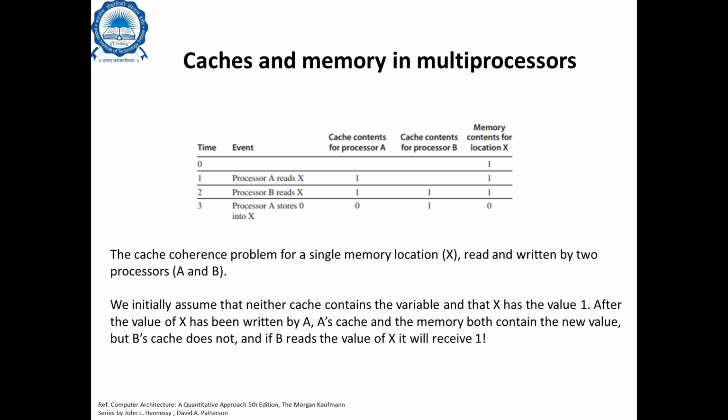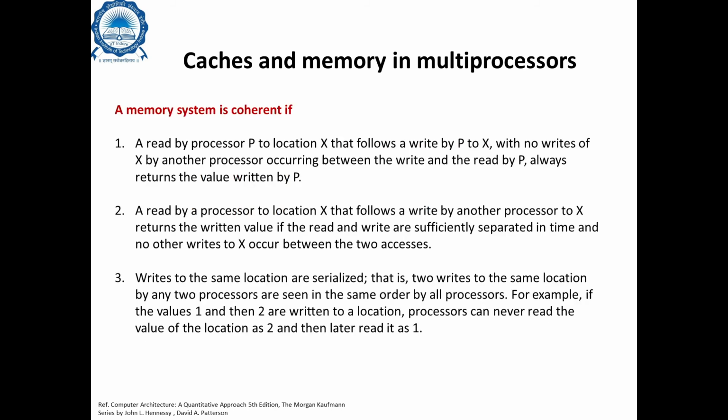And if B now tries to read, let's say in time instance number 4, if processor B tries to read the value of X, it will receive a 1. So this is a problem of cache coherence that I'm talking about, that we need to understand. So what can we do? So first is